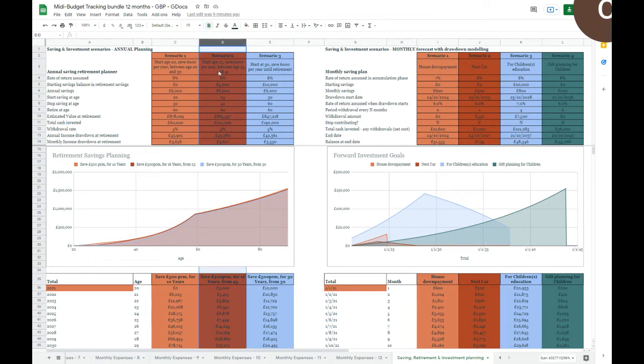So what happens if you were to start at 28, save the same amount, same assumptions? You even have a boost. Say you had 5,000 from another work pension or an inheritance or whatever it may be. Give it a little boost, and you keep saving until you're 41, and then maybe life circumstances mean you choose to work part-time, or the cost of childcare and some choices in the family mean you're not in a position to save as much from a certain time for a period of time, whatever it may be.